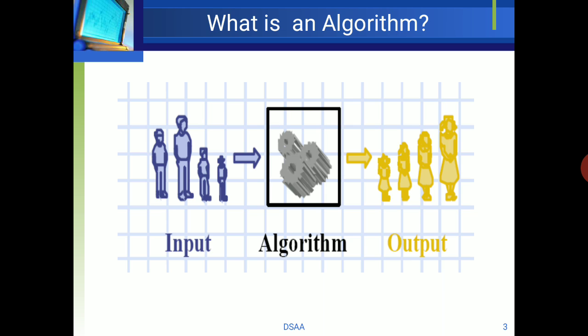Then coming to the algorithm, what is your algorithm over here? You need to add those two numbers, so your algorithm is the arithmetic operation, addition. And coming to the output, 5 plus 10, your output will be 15. In this way we write the algorithm. We require three major components: input, algorithm, and then the output. Algorithm is nothing but your computational procedure. What are the steps that you are going to perform to get the proper output? This is about the algorithm.